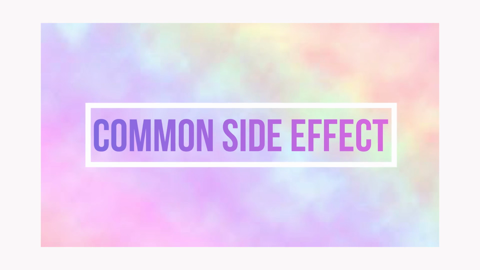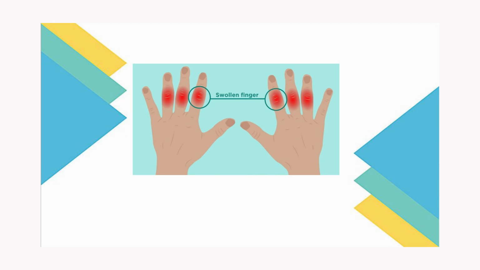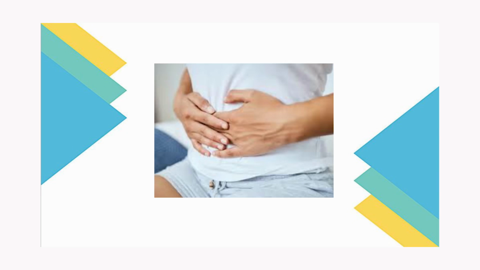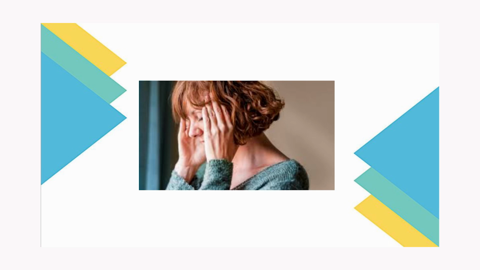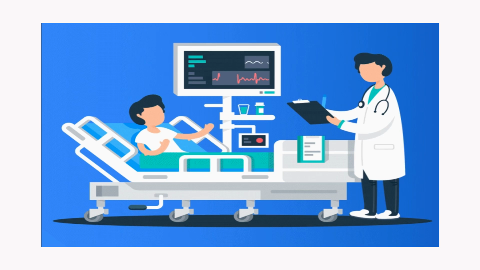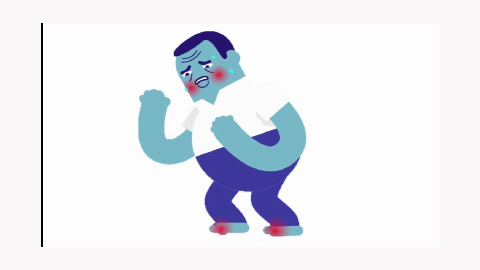The common side effects of using allopurinol are ankle, knee, or great toe joint pain, joint swelling or stiffness, and rash. The rare side effects include anxiety, constipation, coughing up blood, depression, diarrhea, dizziness, and so on. Sometimes, starting allopurinol can actually trigger an attack of gout. As the crystals begin to dissolve, the patient will probably be given an extra medicine for the first few months of taking allopurinol to reduce the risk of these attacks happening.